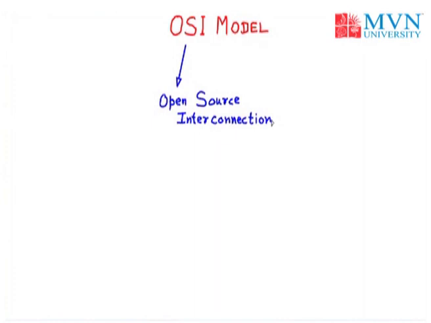For example, take any telecommunication industry, take any two computers, one is a client and one is a server, sending data, or router-to-router communication everywhere. What we need is the sending of data, and for sending data we need the conversion of bits from packets, from segments. That is all about the OSI model.